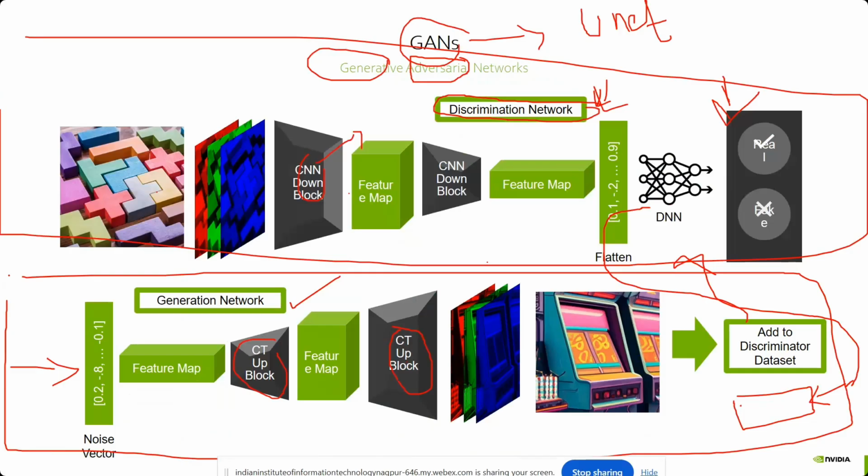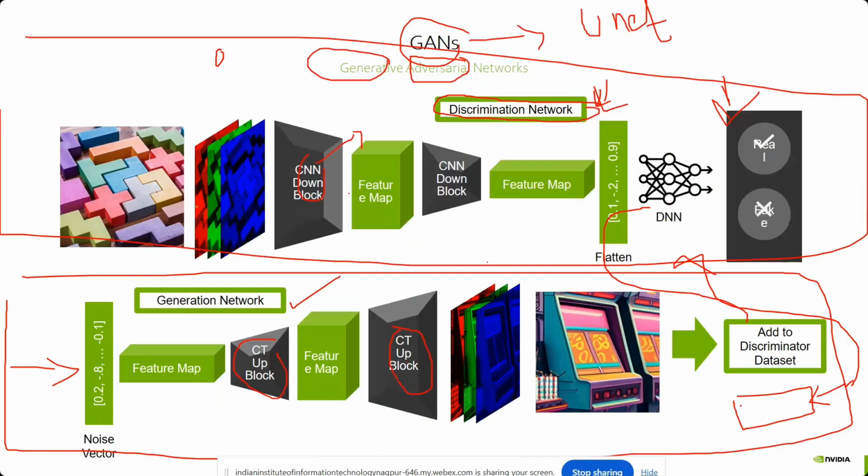But what will happen, because of some training or anything, may happen with the discriminator and generator, so it will give me one category of images repeatedly. So that is the problem called the mode collapse problem. And again, GAN is not giving that high quality of images. So that is why people came up with the UNet architecture, and then on the UNet architecture they developed the diffusion model architecture. So now we will see that.